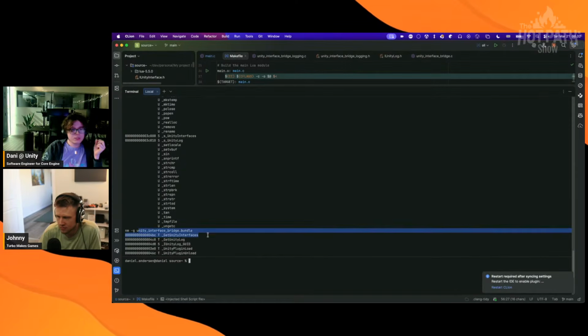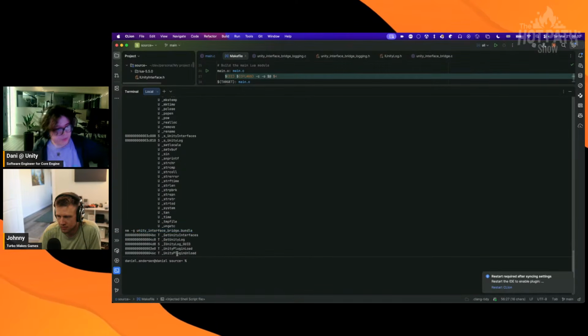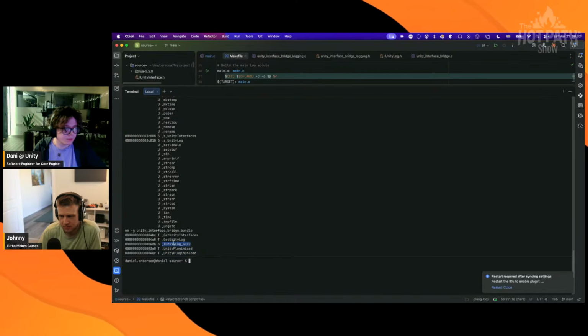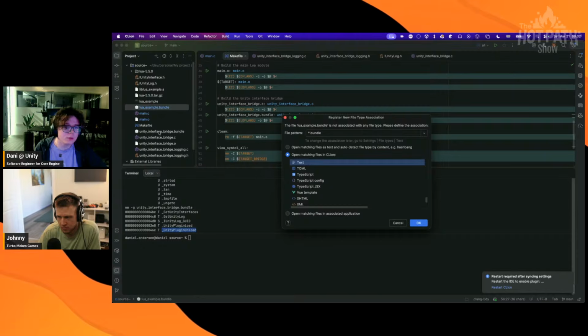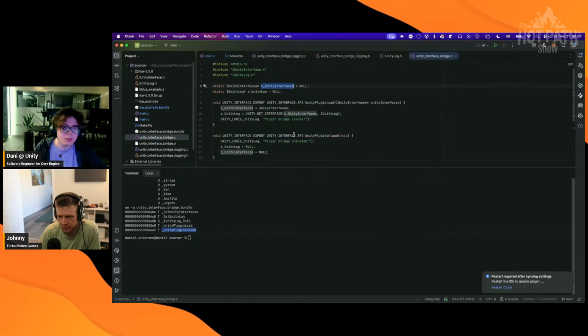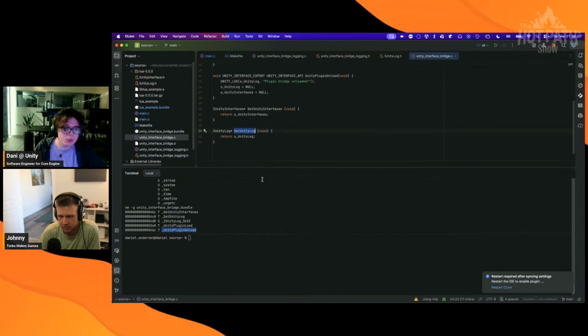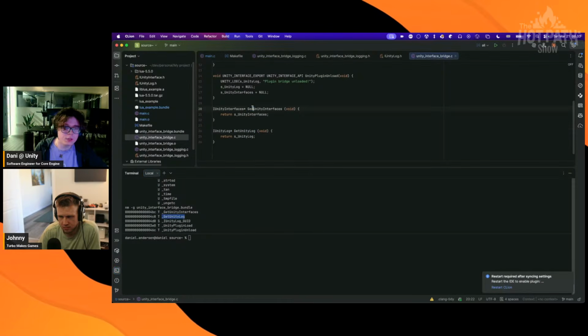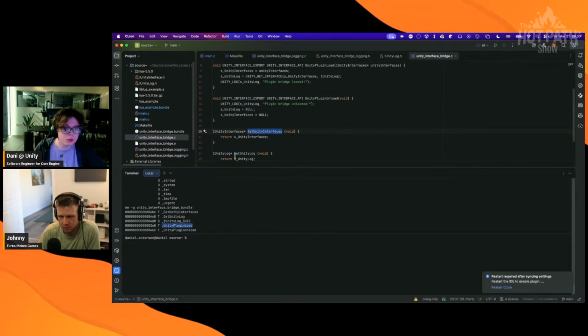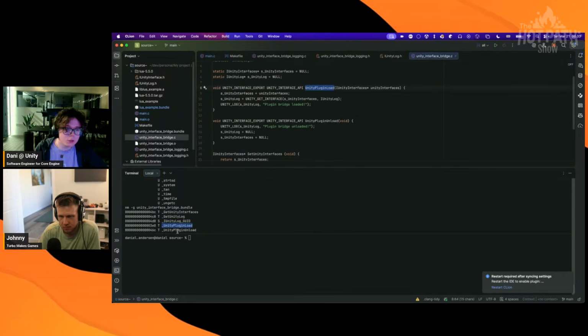Also in the Unity interface bridge, I could have found all of these functions or symbols. And that maps to what we saw earlier. In this file here, what can we see? There's a get Unity log function. There's a get Unity interfaces. There's a Unity plugin load. And there's a Unity plugin unload. And then there is,